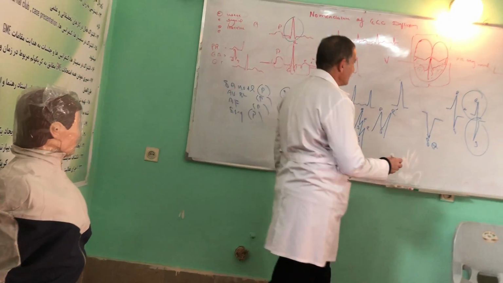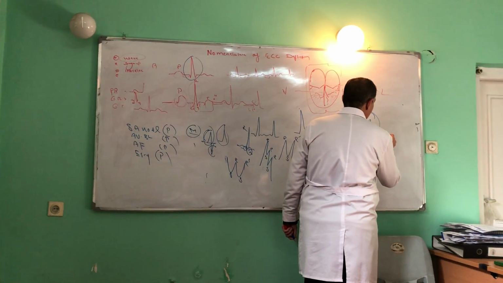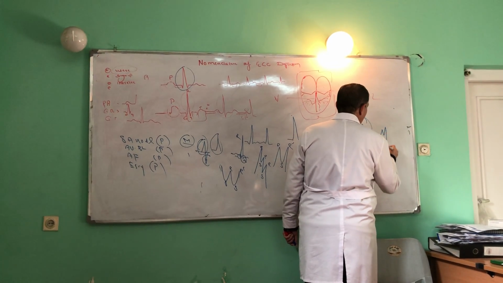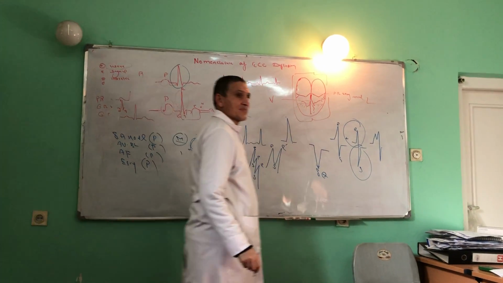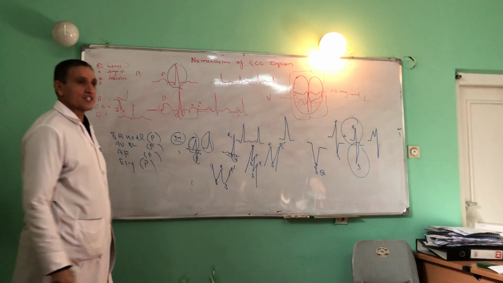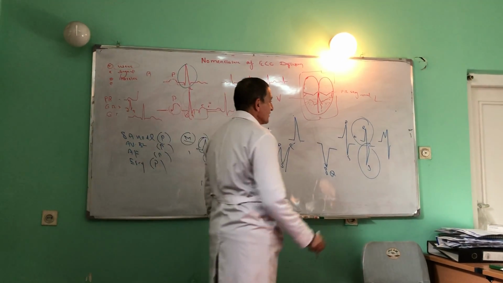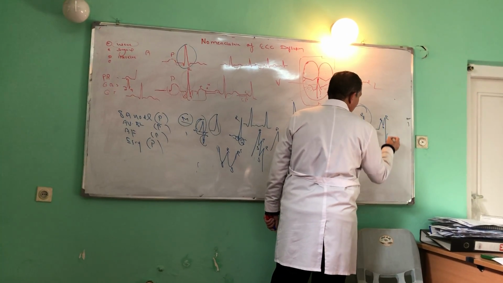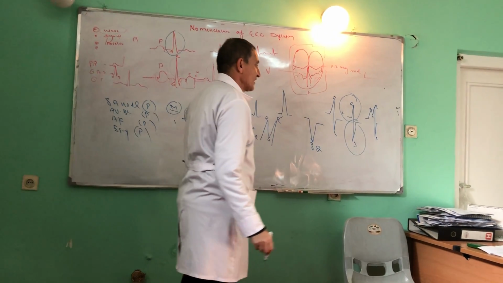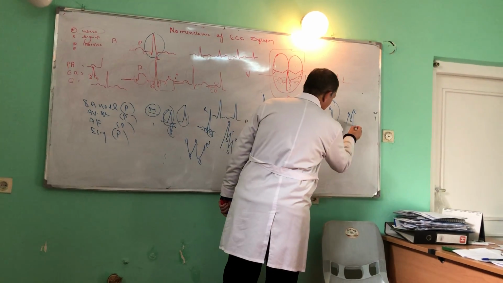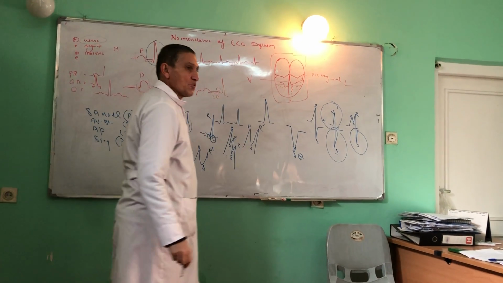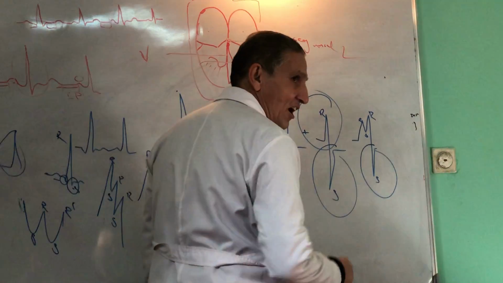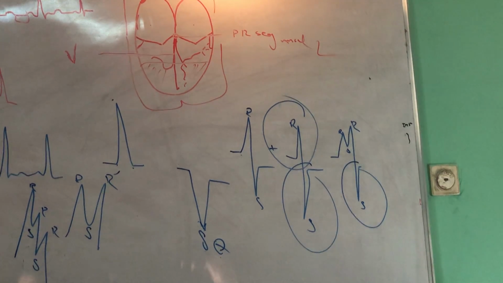Let's move to another one. First you should assign, and then you should tell me what kind of QRS complex it is. The first one is the R wave, the second one is the S wave, again R wave, again S wave. Which deflection is larger? The S wave. So this is called a negative QRS complex. In this QRS complex, the S is greater than the R wave.